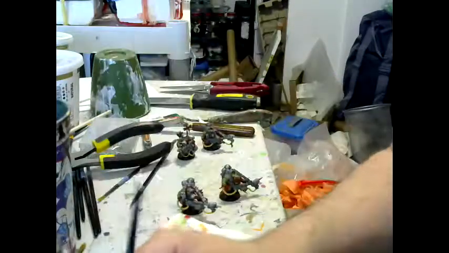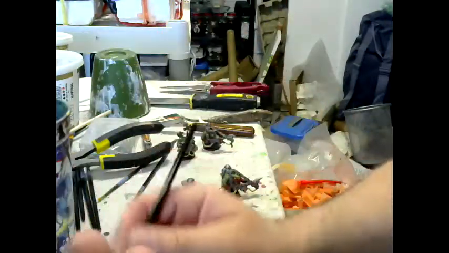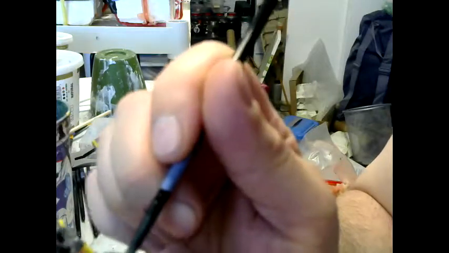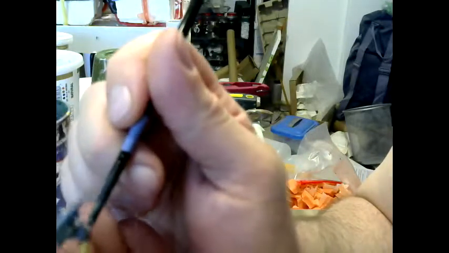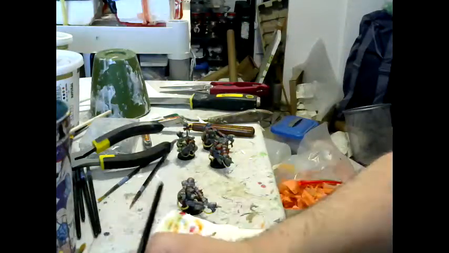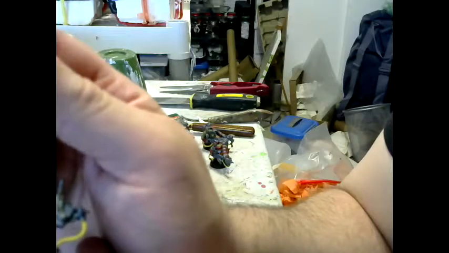That's bronze right there. Not going to worry about highlighting some of this armor that's kind of covered by the Burna, but I will at least shade it. And 3 down. Little dot inside the goggles there. Okay, so